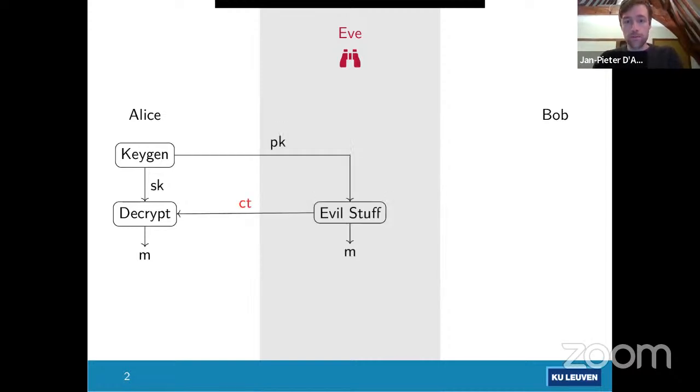In these attacks, an attacker will send in valid, correct ciphertexts, but will try to trigger decryption failures. So it will try to find ciphertexts that are not decryptable by Alice. And if the adversary finds such a ciphertext, he or she will learn something about the secret key of Alice and can therefore try to recover the secret key.